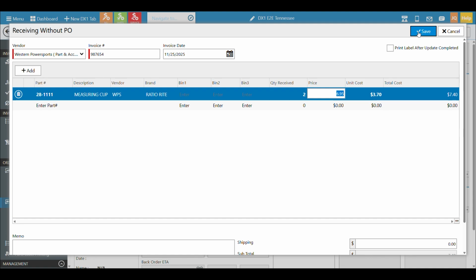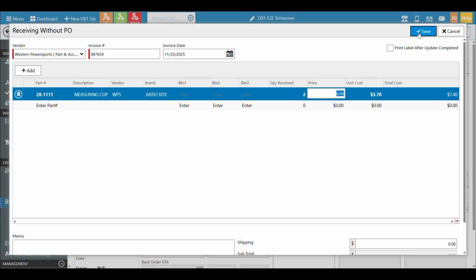But oftentimes, if you have special order parts and you're not using a PO, the question is, how do I get those out of my ordering screen, and how can I get those special orders picked up? Because if they're not tied to a PO, they're not going to be sitting in the receiving screen. And then you lose a bunch of benefits and functionality by not having that process.